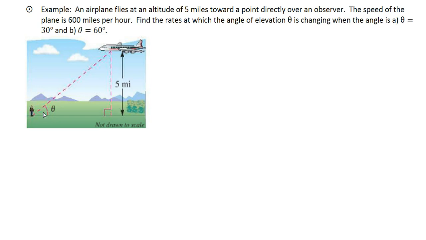We want to find the rates at which the angle of elevation theta is changing when the angle is A, theta equals 30 degrees, and B, theta equals 60 degrees. So starting off, we know that theta is the angle of elevation, and we do have two different values for theta, but we're going to do the problem in general first and then plug in each value of theta. So what we're trying to find is the rate of the change of the angle of elevation. So we want